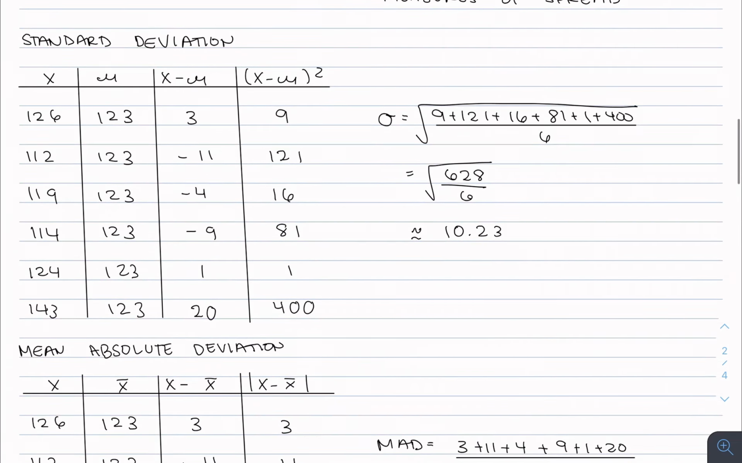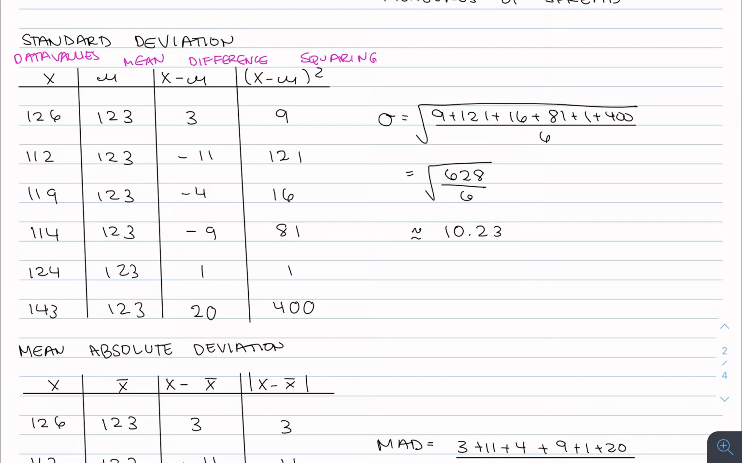Next is measures of spread. Now for standard deviation, because there are so many parts in this calculation, I like to break it up into looking at all of the data values, then writing down the mean, looking at that subtraction or that difference, then squaring each of those differences. So I just wrote down all the numbers, 126 through 143, wrote down the mean of 123, which we calculated